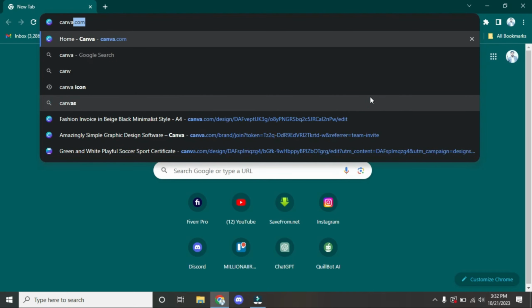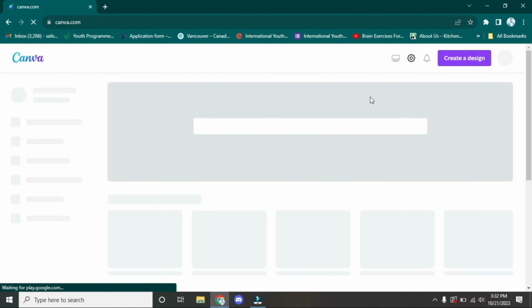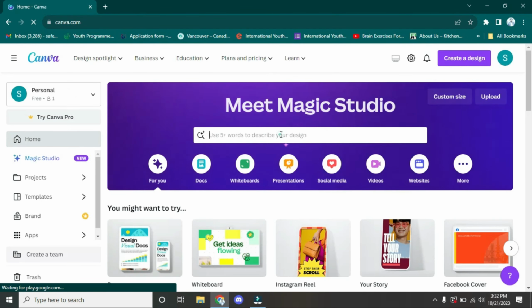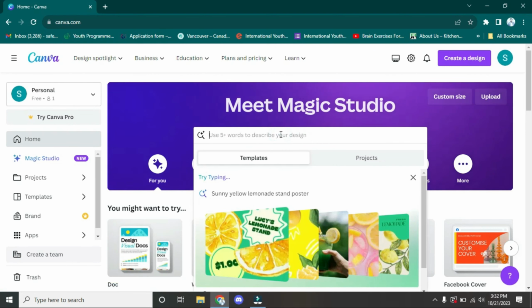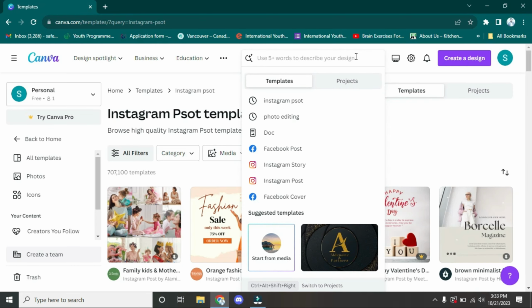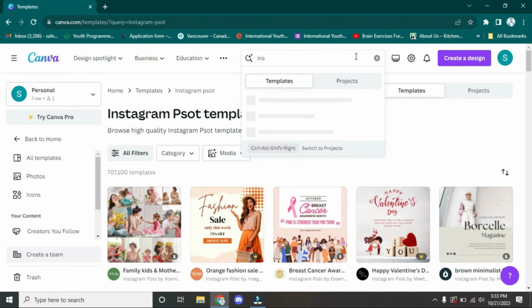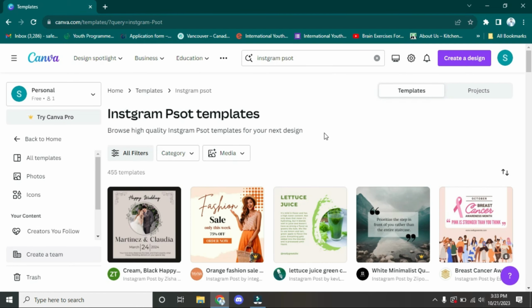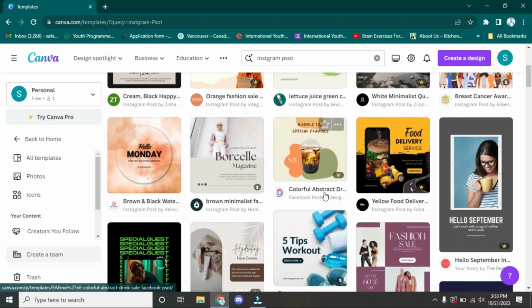Simply you have to search for Canva here. After searching for Canva, you have to write here Instagram post, quotes, whatever you want you can search from here. For example, I'm going to search Instagram post. After searching Instagram post, you are going to see a lot of templates